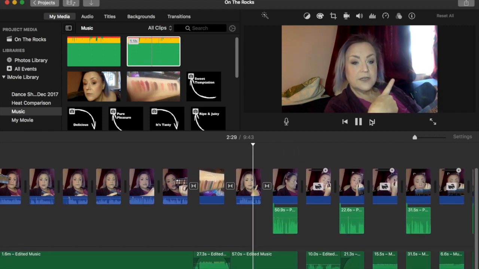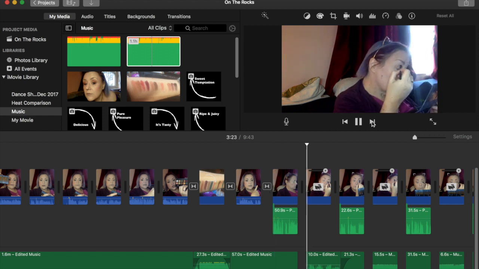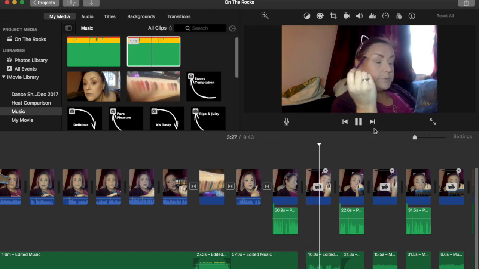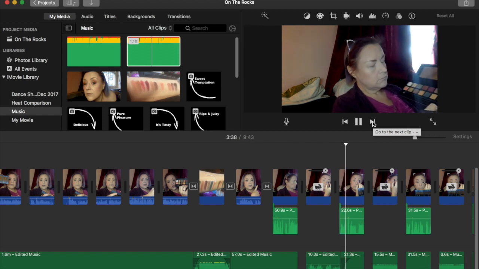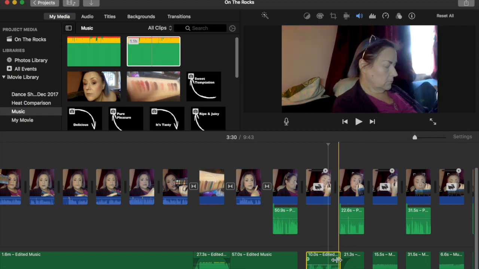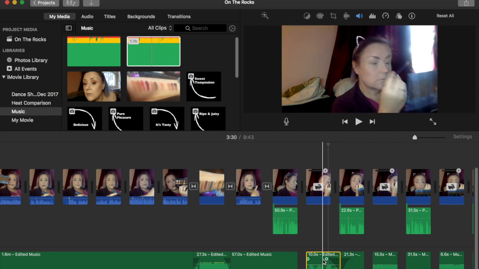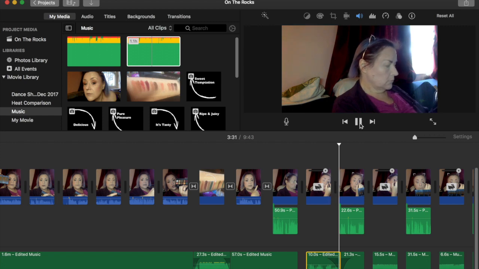So continue to scroll through. I'm just checking the transition between the two tracks of music, and that seems to work smoothly, but I just want that final track to fade out a little bit more. So again, start it off and let it fade out, and that now sounds pretty seamless, so I'm happy with that.